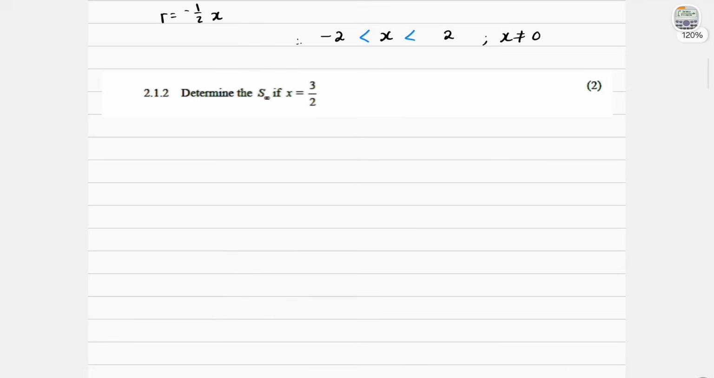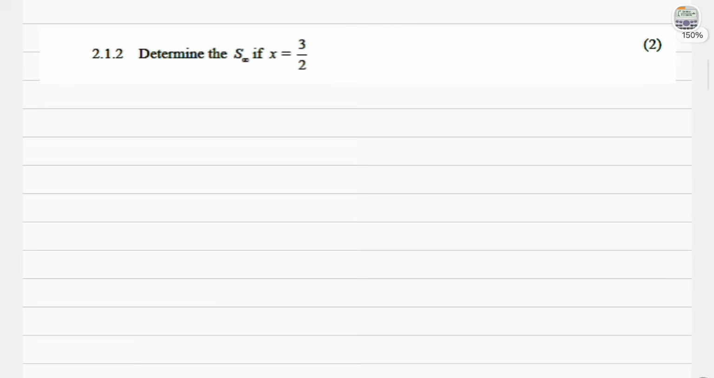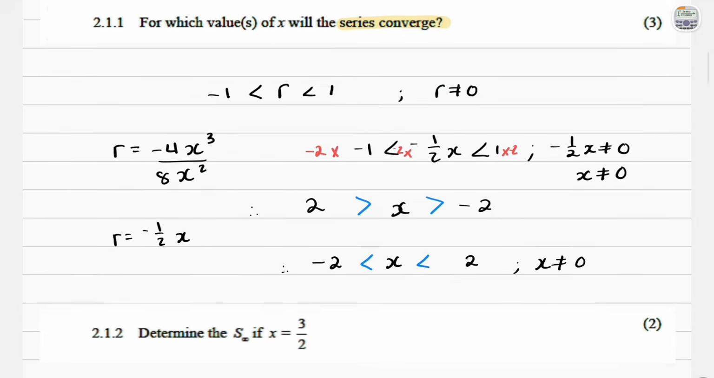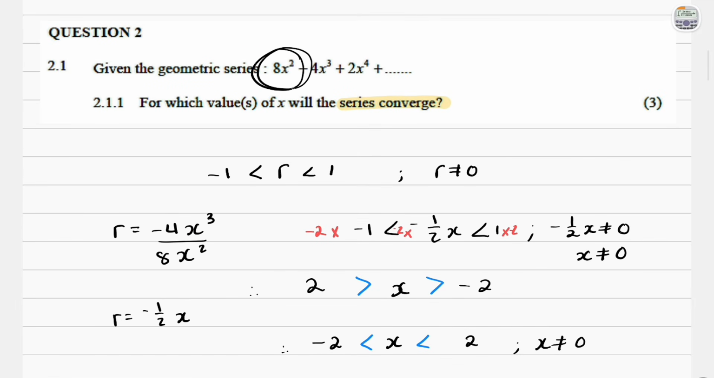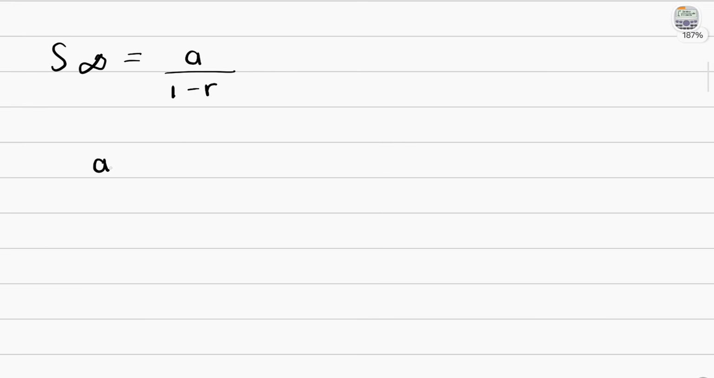Question 2.1.2 says, determine the sum to infinity if x is equal to 3 over 2. So to determine the sum to infinity, we know that the equation is a over 1 minus r. So we need the value of a and r. We know that a, the first term in the series, is 8x squared. So to find a, we'll say a is equal to